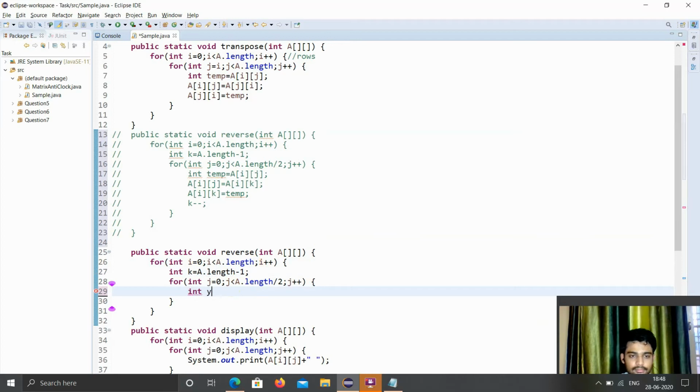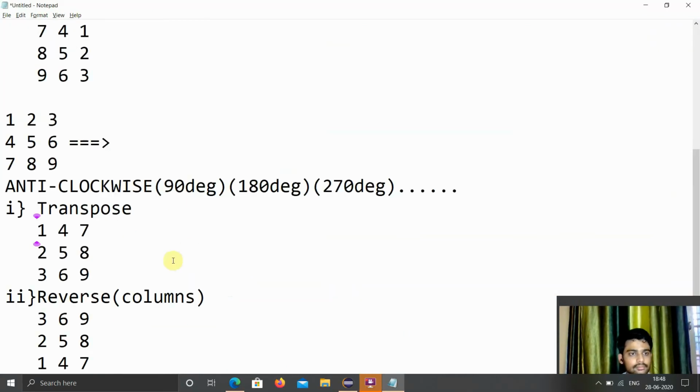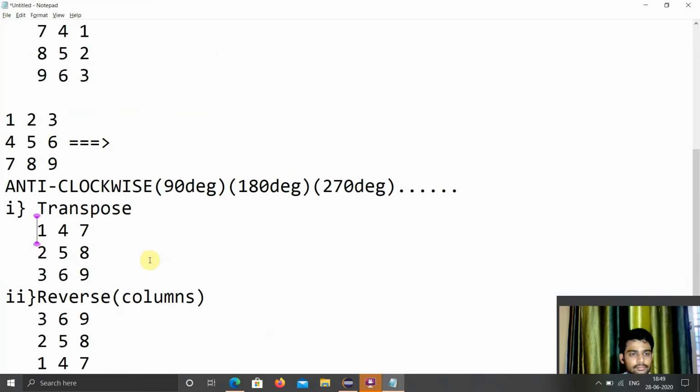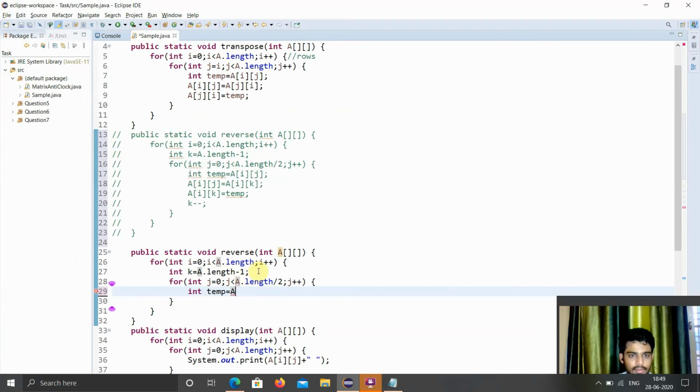int temp equals to. Here we are pointing to one array. So no, we need to iterate over the entire column.